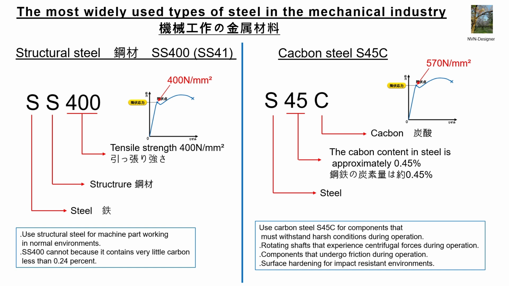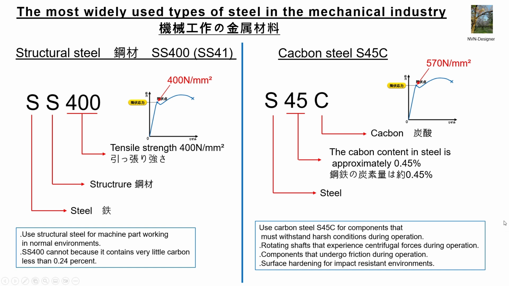Depending on the percentage of carbon in the steel, we have various types of carbon steel such as S30C, S40C, S45C, S50C, and more. The most commonly used is carbon steel S45C, which has a tensile strength of over 570 newtons per square millimeter. The biggest difference between these two types of steel in use is that carbon steel S45C